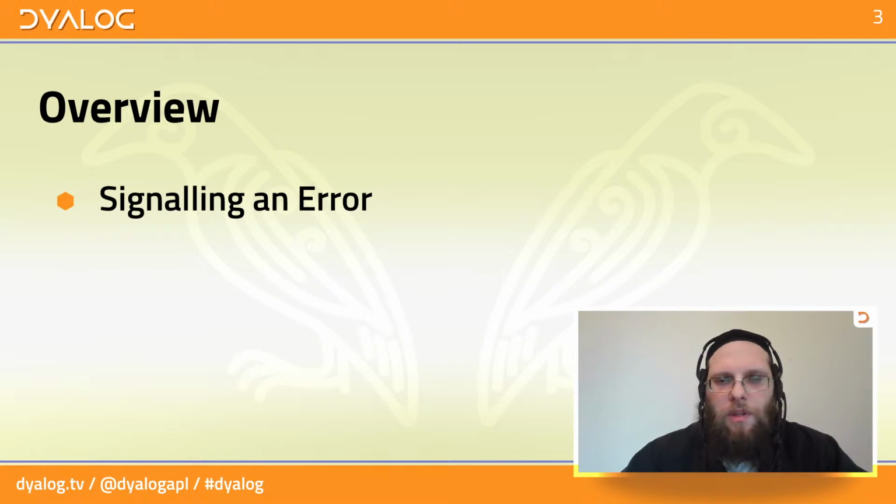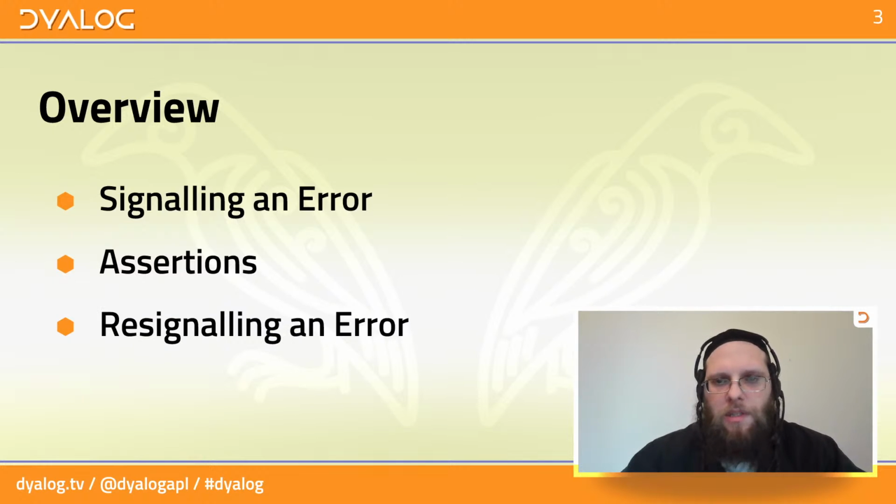Once we've had that sorted, then we're going to look at use cases for this system. The first thing we're going to look at is how to check whether certain conditions hold true and then signal that it doesn't hold true if that's the case. And these things can be used in QA as well. And finally, we're going to look at how to detect an error but decide that you don't want to do something about this error, rather let it bubble up one level to the caller above you. Without further ado,